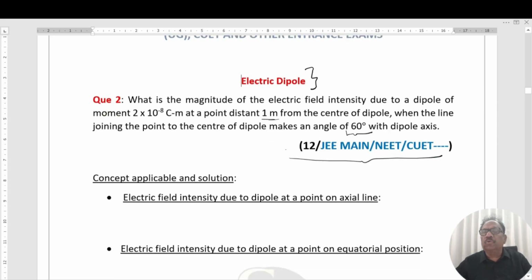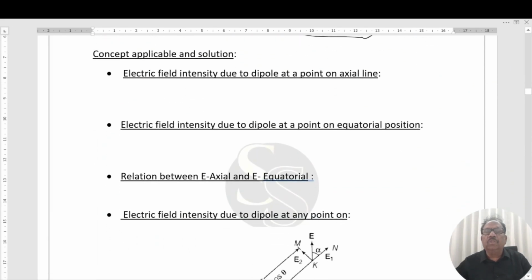Before the solution of this question, I will discuss a certain applicable concept. First of all, the electric field intensity due to a dipole at any point. Suppose this point is A, this point is B, with minus Q and plus Q. What is the axial line? The axial line joins these two. Suppose we find the electric field intensity at this point, E axial, which will be